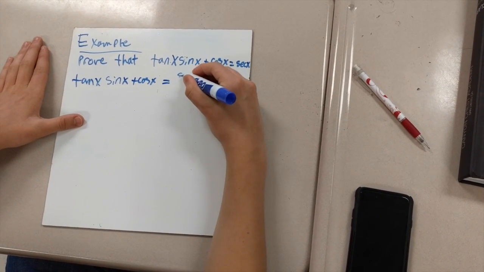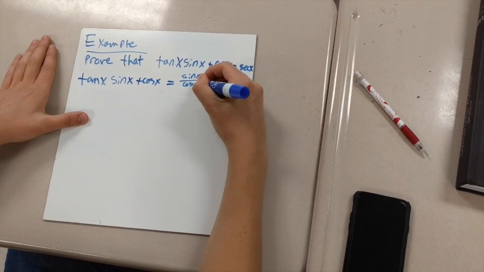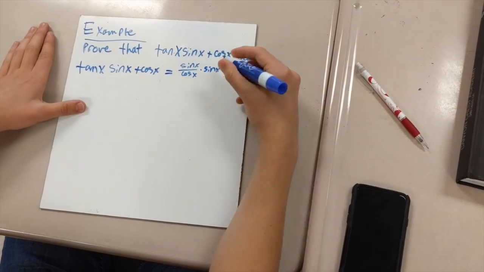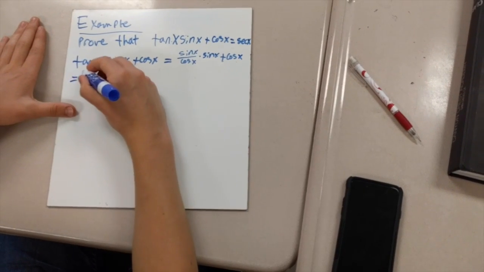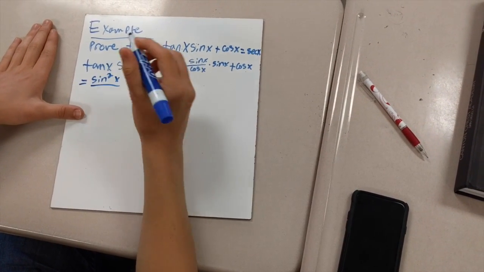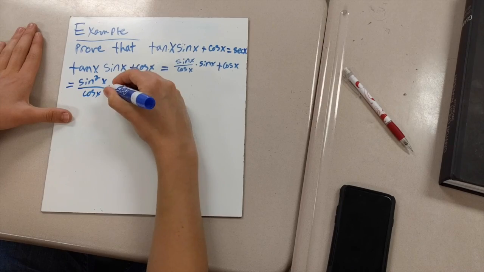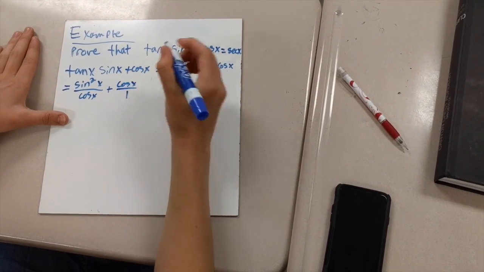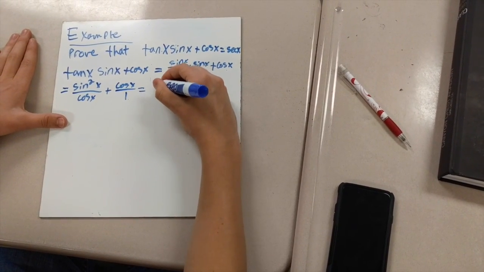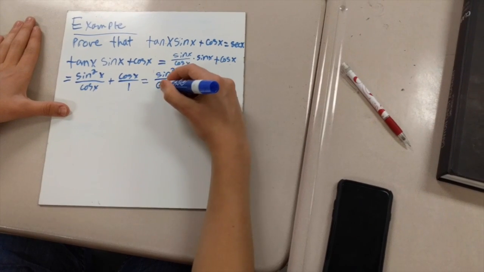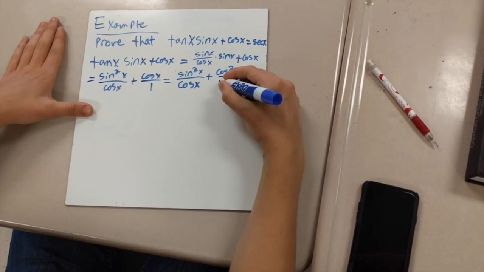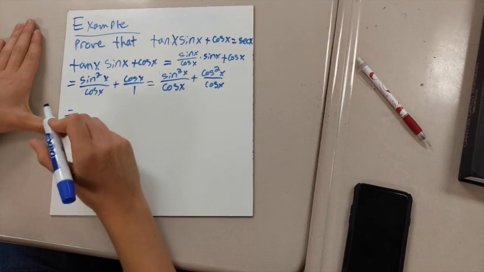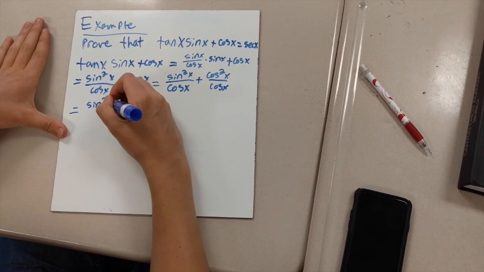So tangent x is equal to sine x over cosine of x, so we can substitute that into the equation to get us sine of x over cosine x times sine of x plus cosine x. And then that's equal to sine squared of x over cosine x plus cosine x over 1, which is equal to sine squared of x over cosine of x, and by multiplying cosine x over 1 by cosine over cosine x,